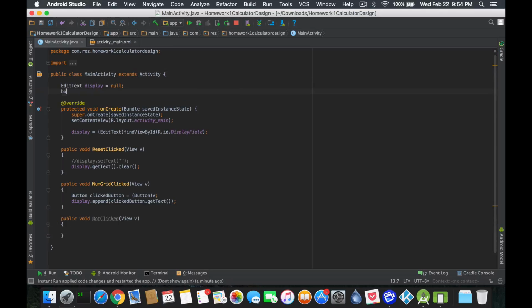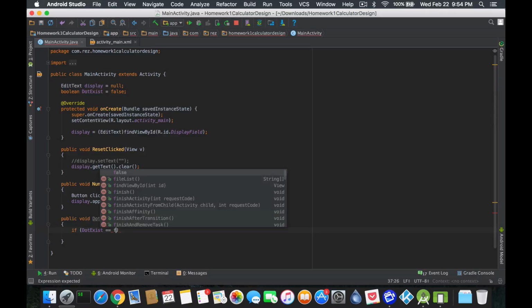So I'm going to create a boolean called dotExists and set that to false. So exists without an s at the end. Here I'm going to say, if the negative, or actually let's just make it plain so everyone can see it: if dotExists is false,